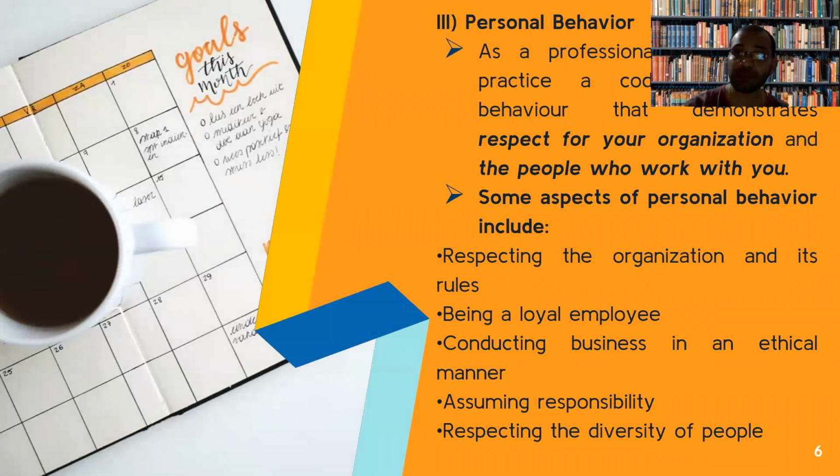Next, let us see personal behavior, the third part. As a professional, you want to practice a code of personal behavior that demonstrates respect for your organization and also respect for the people who work with you. So there is respect you need to show to two parties. One is the organization, that is the superiors, and also the people working with you, be it a superior or a subordinate. Some aspects of personal behavior are respecting the organization and its rules and regulations,